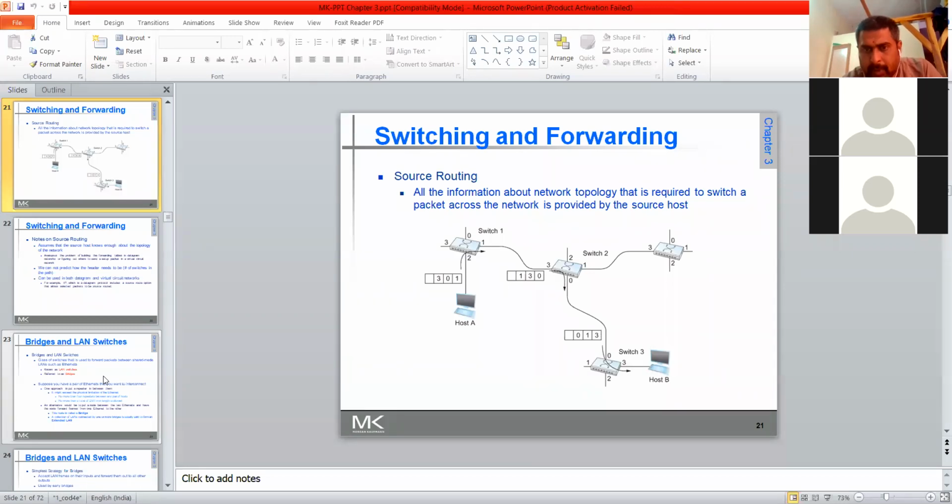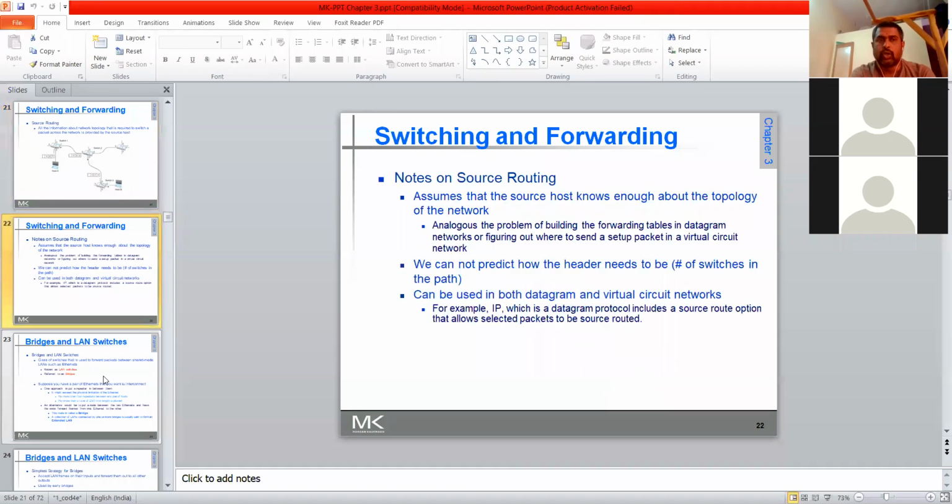Now again it will come here. Observe carefully, what is the output port? The rightmost bit there is 3, that is the output port. Now you can see that the 1 there will not be taken into consideration. The 3 will go via port 3. Always the last numbers will be taken into consideration here. According to the port numbers, the packet will keep on moving. So in this way, the packet forwarding will be done in source routing.